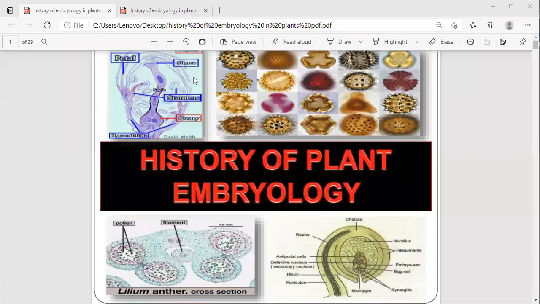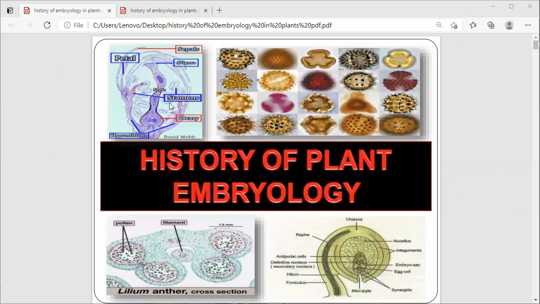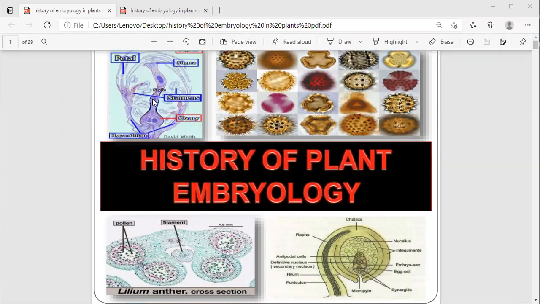Embryology. What is embryology? Especially we study here the plant embryology. This is what we see on the slide. There are different pictures here. The first picture is actually the flower, and we can see the TS of the flower. In this TS, we can see the calyx, petal, stigma, as well as the stamen. Here we see the style. Here is the ovary. So this is the first picture.